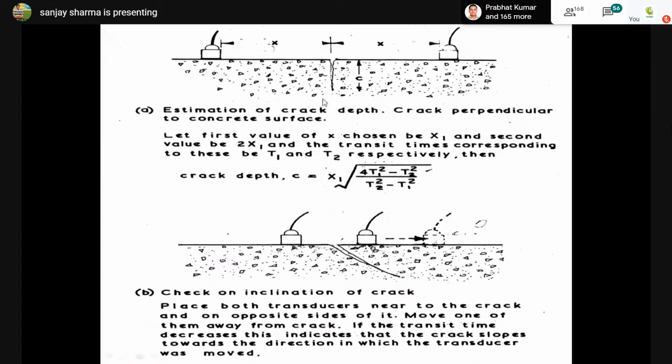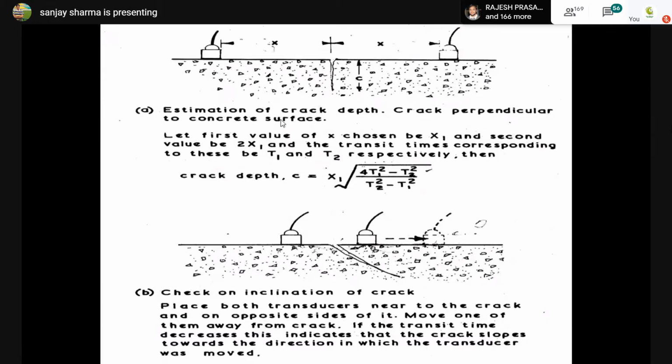The depth of the crack can be determined by this equipment, and we have used it in J&K, Jammu Kashmir, where the railway line is going on. There, many of the new abutments and those things developed some cracks. So we just used that UPV to find out how much the crack depth is, so that basically you can